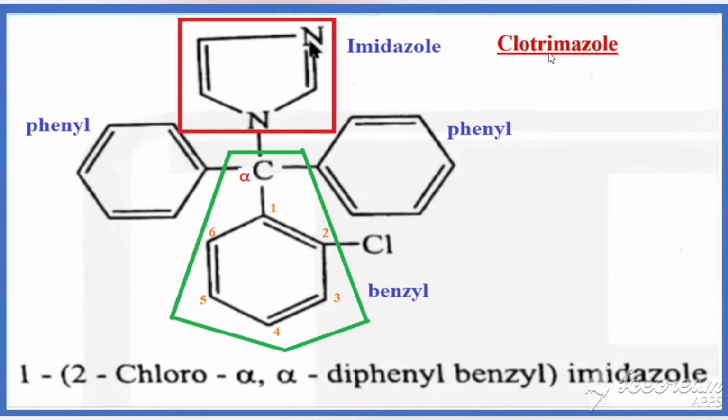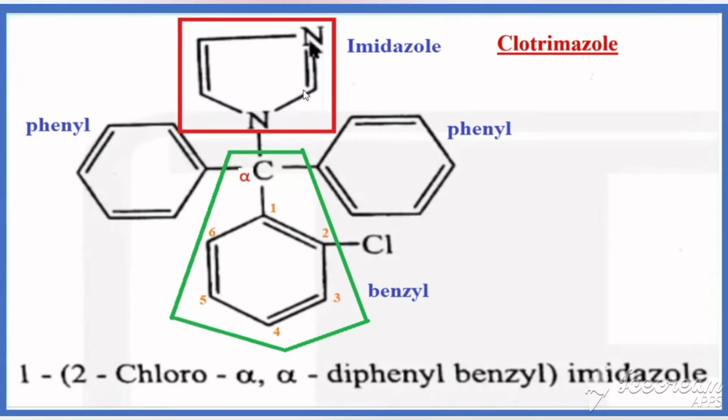We can divide the name like Cl, tri, M and azole. The azole present here is imidazole. M is indicating the presence of methyl, that is, it has one carbon. If you replace all these groups by hydrogen, we get methyl, no? So that's why M is indicating methyl. Tri means that the methyl is connected with 3 phenyl rings, indicating triphenyl, and Cl indicates the presence of chlorine.